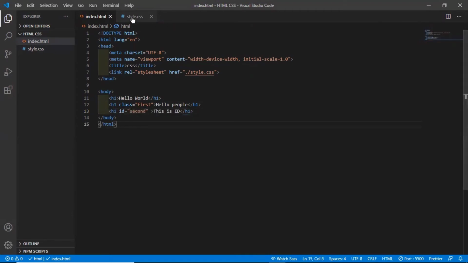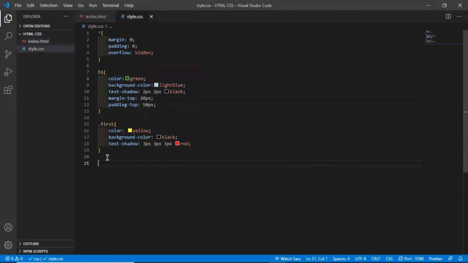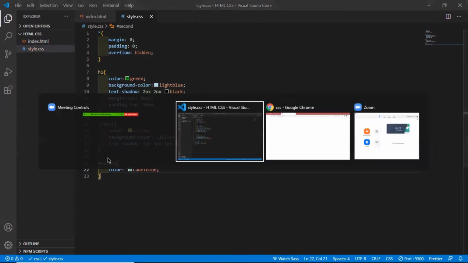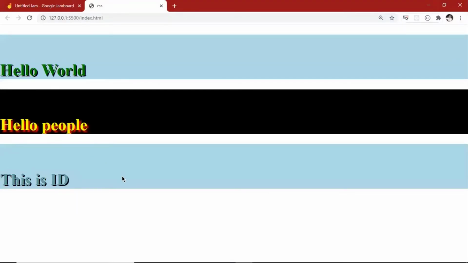And to select the id of second, we do not give dot, we give hashtag and give second. Now let's say color blue. Let's check it. See, now it's happening good. Fine. So this is the thing with the styling.